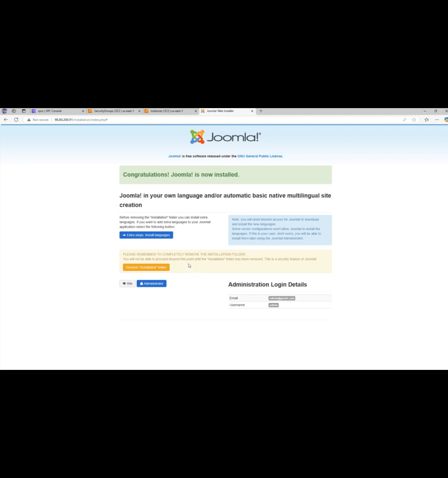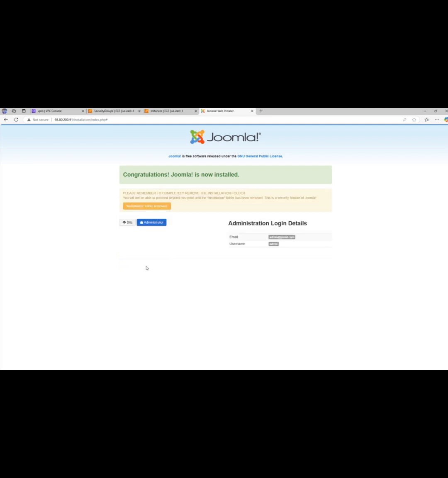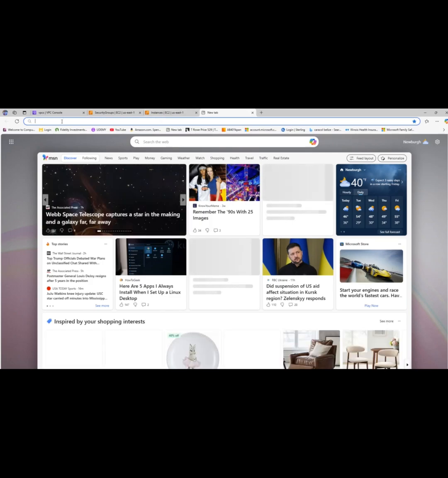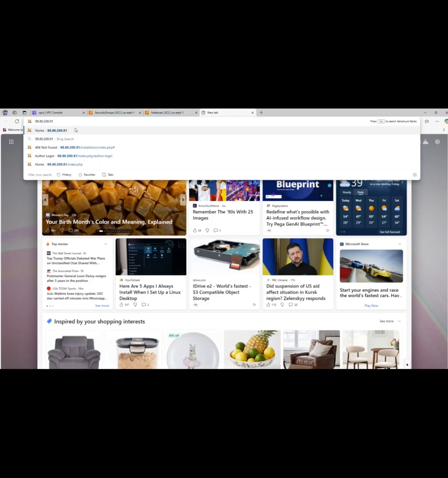So now, this folder is actually within the Ubuntu EC2 where we had our installation. Well, this is the same installation. So we can do it that way, or we can do it the easy way just by selecting this button. Okay, now we've done that. So our next step is to go back to the EC2 instance, select the public IP, paste that into a web browser, enter,